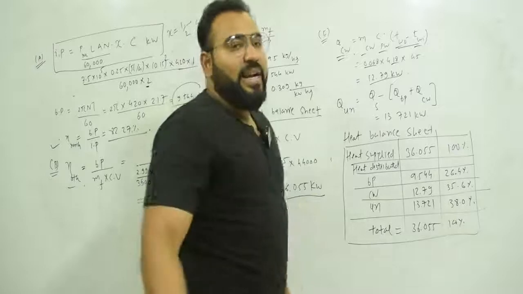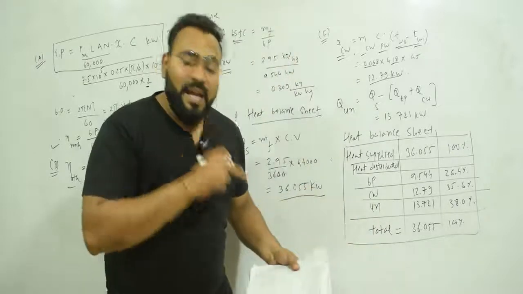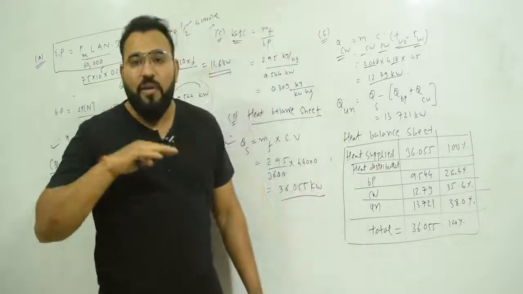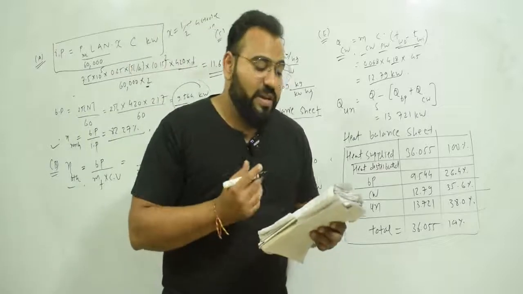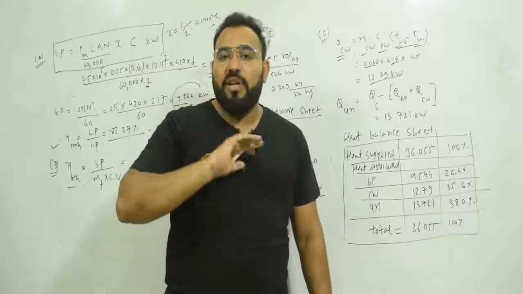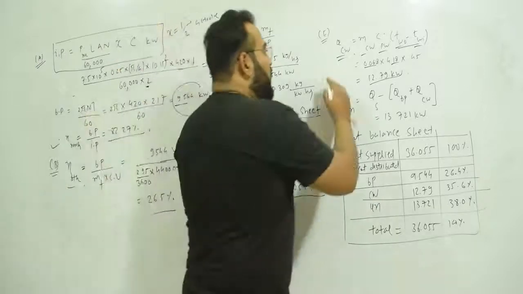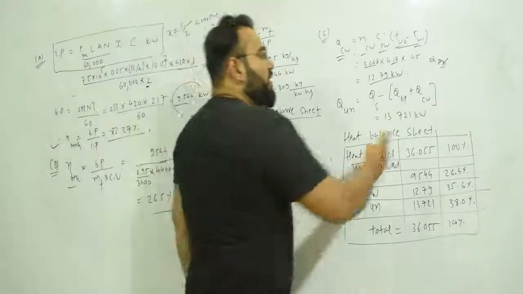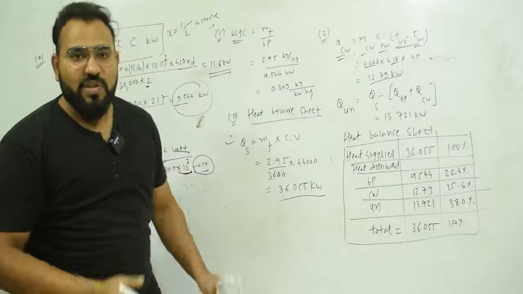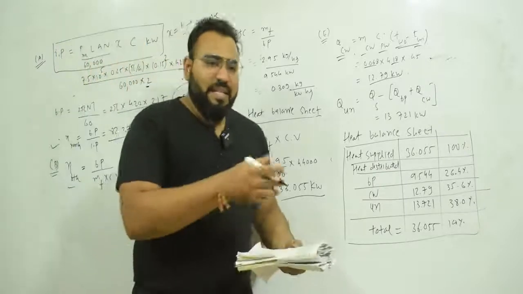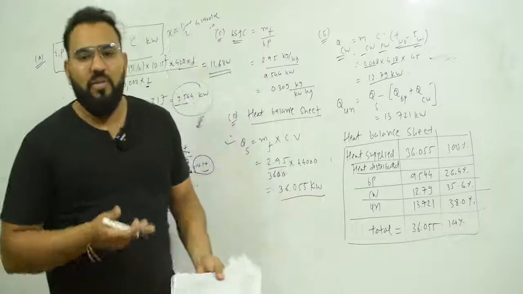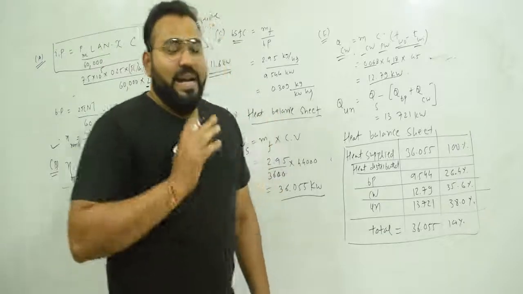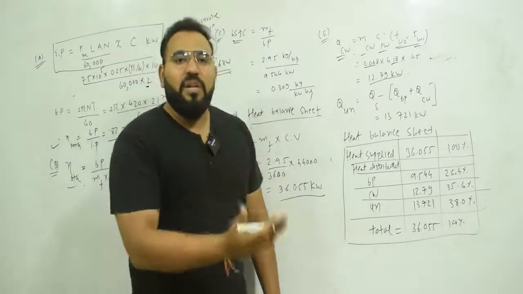Now we have to find the heat due to the exhaust gases, but here no data is given for the exhaust gases. No air fuel ratio is given. He has said nothing about exhaust gas. So we do not find the heat loss due to the exhaust gas over here. Keep this in mind, because some student will ask me, sir, why have you not found exhaust gases? Because that data is not given. In this kind of problem, you don't have to find the exhaust gases. Use your mind and see if anything related to exhaust gases is given or not. Data is not given, so we will not find it.